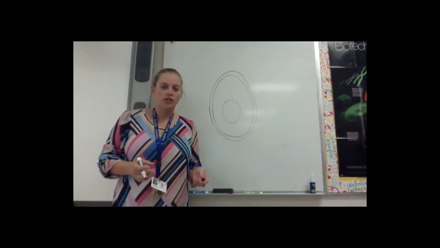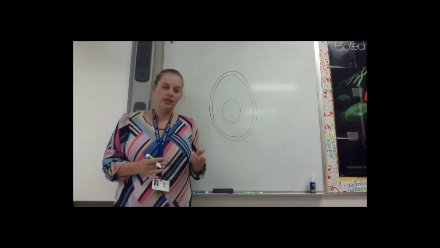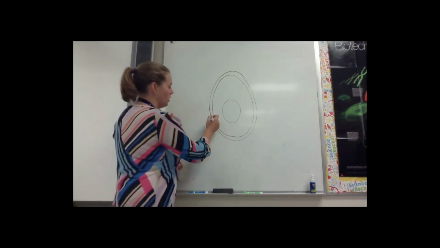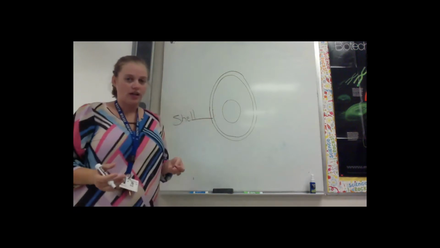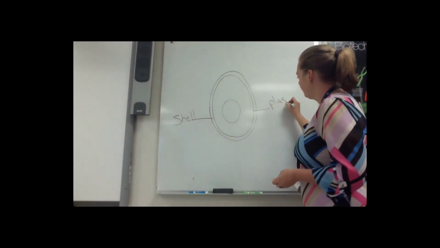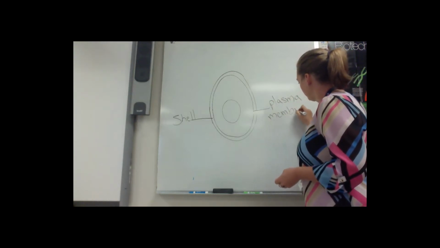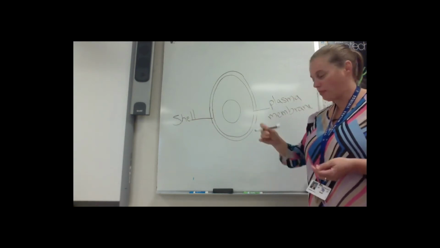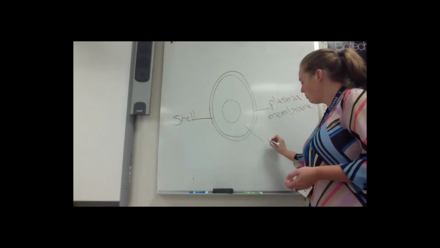If we draw a cross section of an egg, this is basically saying that you take an egg and you cut it in half and it all stays together, and then you can look at what pieces you would have. So if we think about the outside, this is our shell, our outer covering. Inside of that, you're going to have that plasma membrane. And you saw me pull that out when I pulled that piece out of the eggshell. The goopy stuff in the middle is going to be your egg white,